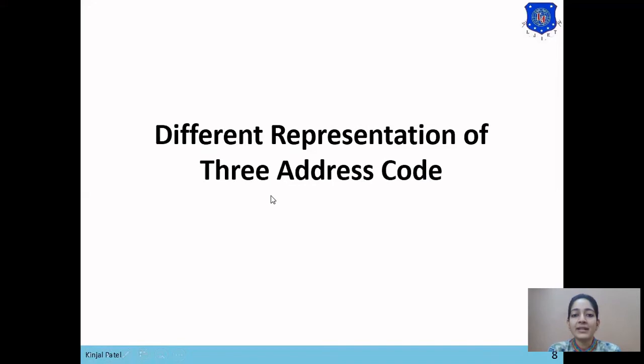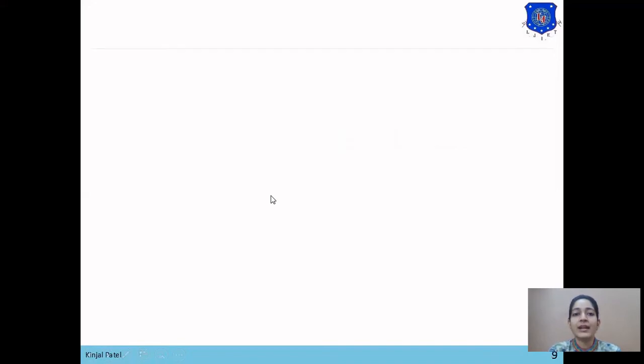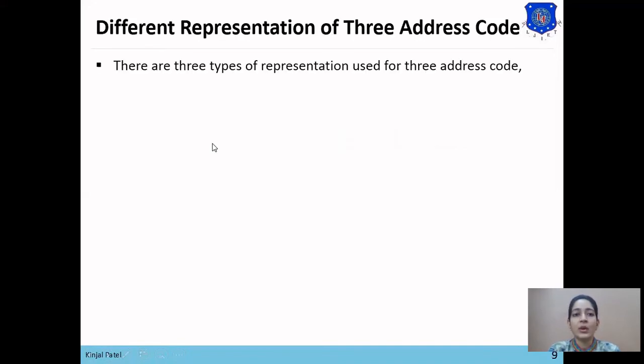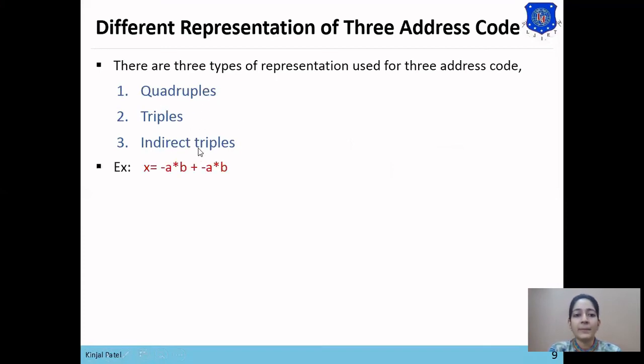So to represent this 3 address code, there are 3 forms which are quadruples, triples and indirect triples. So we'll learn all these 3 representations with examples, how quadruples, triples and indirect triples are used to store the 3 address code.